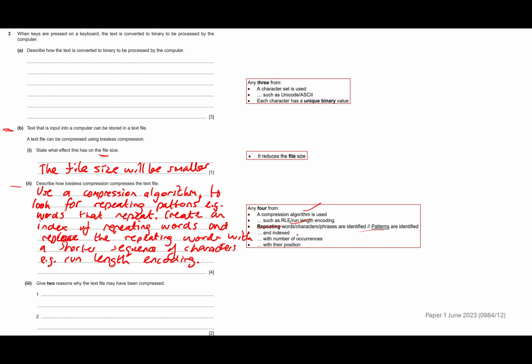Give 2 reasons why the text file may have been compressed. So I mean the main 2 reasons will be either you can store more stuff on your secondary storage device because it takes up less space, or it will send or transmit faster. So let's just pop that in there. Can store more data on secondary storage, and files will send or transmit faster